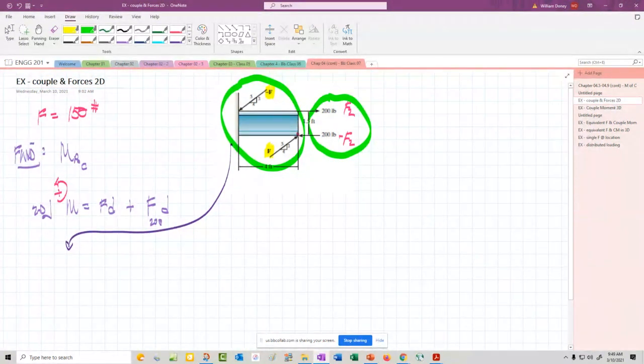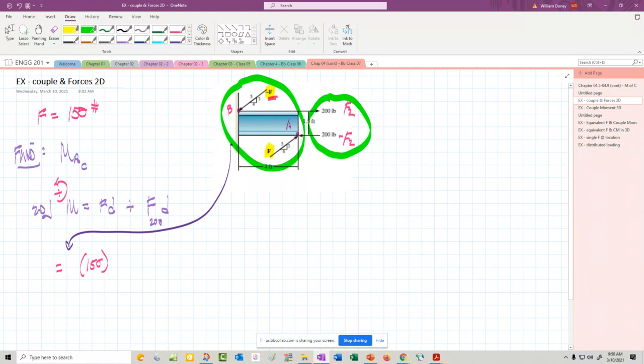Since we know this point, and I'll call it point A, we can locate that point in relation to the other force. We'll call that B up here maybe. We know that from B to A, I have to go over 4 and down 1.5. So we're going to take this force here and take the moment about point A, because point A is on the line of action of that other force. So this is going to equal